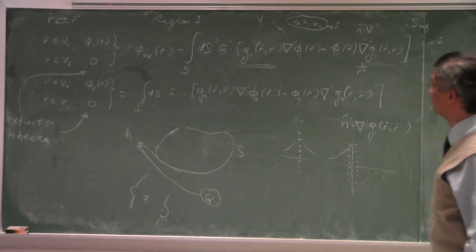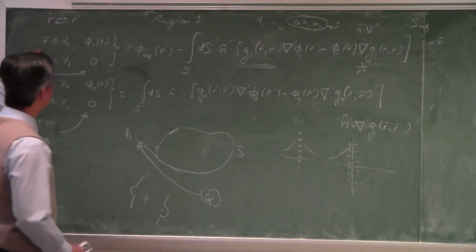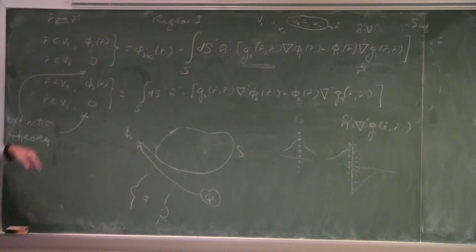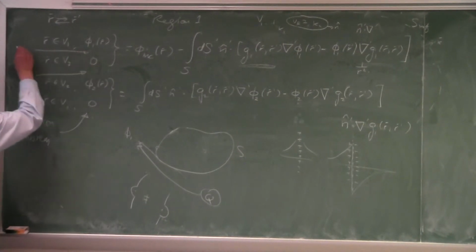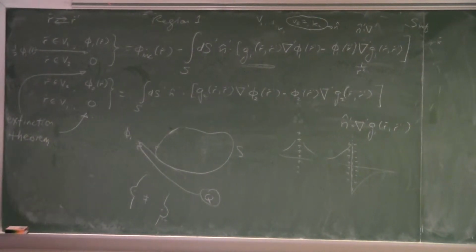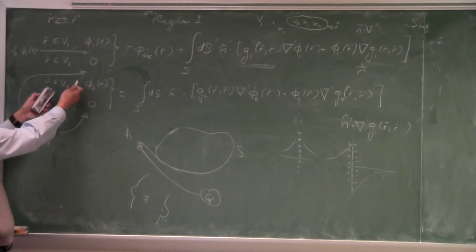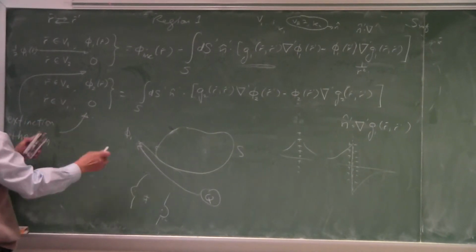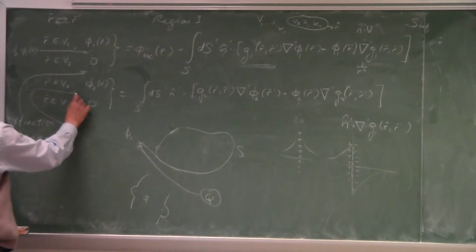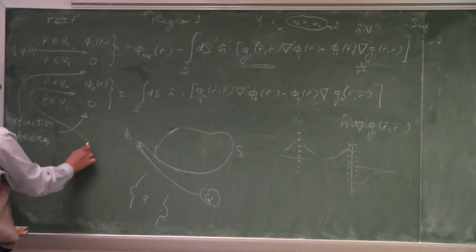And sometimes people would like to evaluate this term not in region 1, not in region 2, but halfway in between. Halfway in between, you can prove that it gives you this value, half phi1, if you put the observation point right on the surface. And similarly, this one too. If in region 2 you get this one, in region 1 you get this one. If you are right on the surface, what is the value? Then you can show that if right on the surface, the value is half